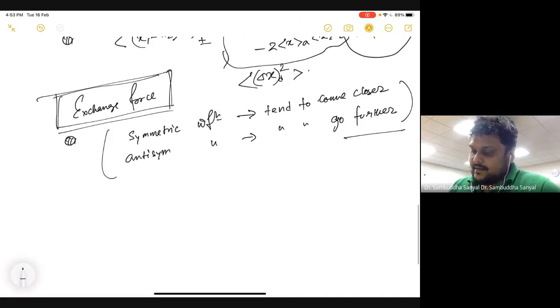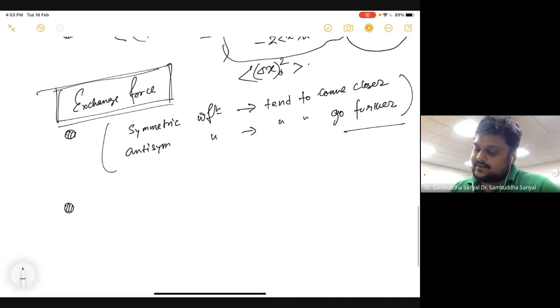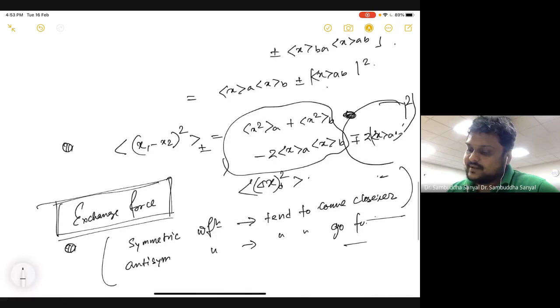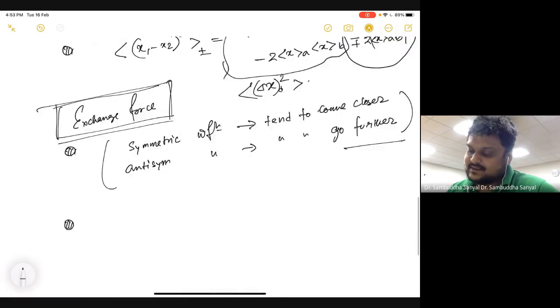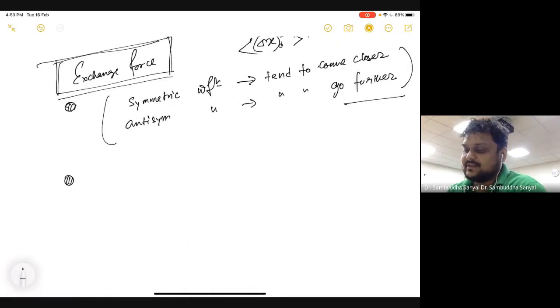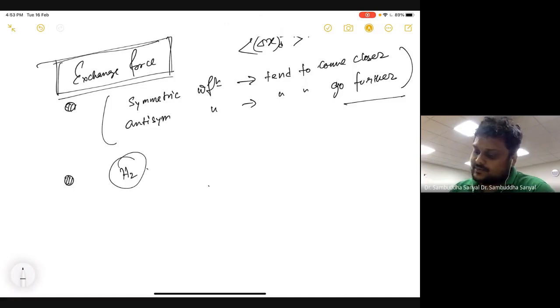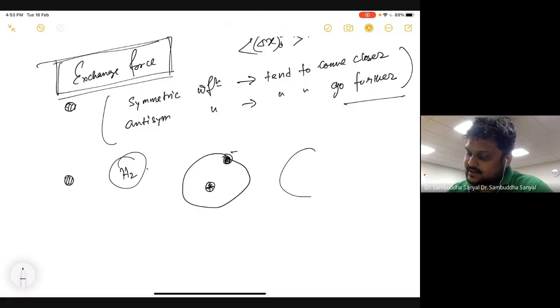But there is one puzzle because of that. It is not really a puzzle, but it appears like a puzzle because you are not taking into account the whole wave function. So the puzzle is the following. Let's consider the hydrogen molecule. The hydrogen molecule is basically two hydrogen atoms, which means a single nucleus of plus charge and an electron of minus charge roaming around it, and they are very close to each other.